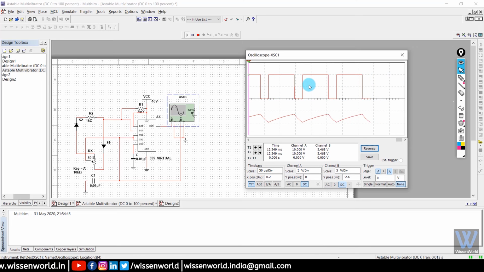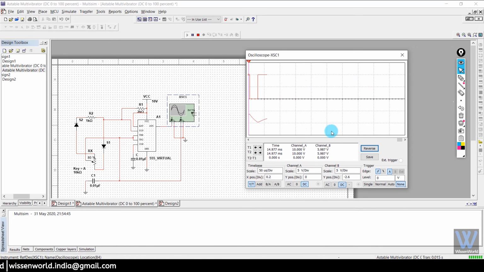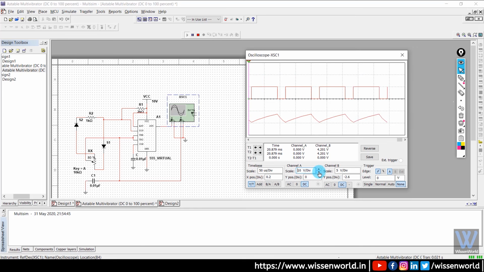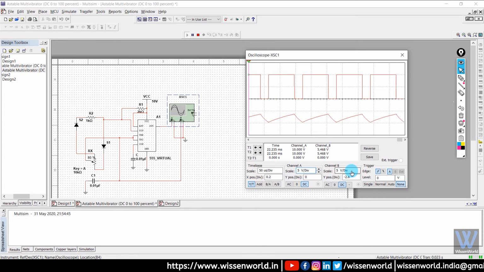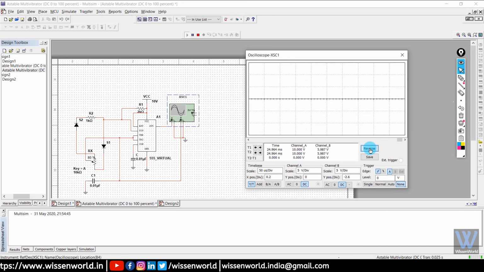Here we are showing the square output and the capacitor waveform, for how much time it is charging and for how much time it is discharging. You can change this scale accordingly to whatever you find fit, and this reverse button changes the background. See, from black I have turned it to white.